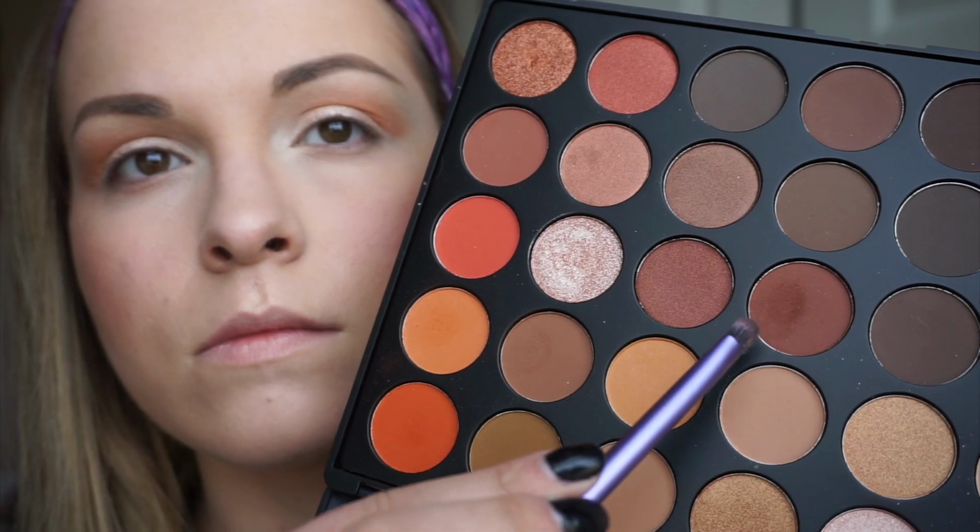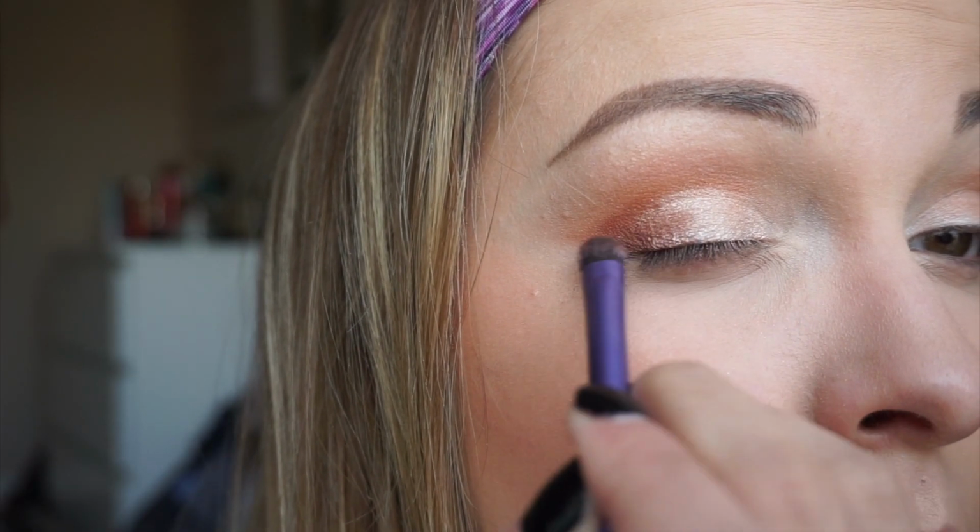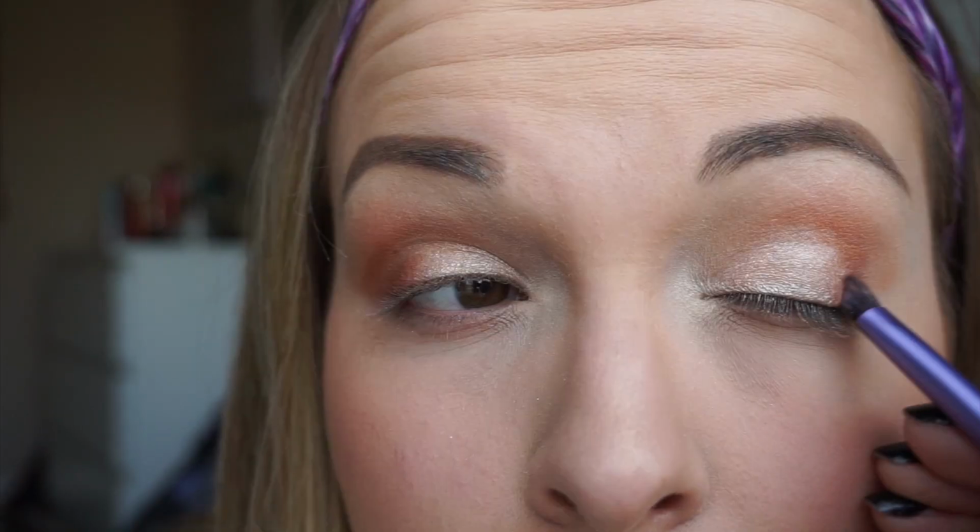All right, going in with this darker color in the Morphe palette and just sticking to the outer V of my eye. This is where the crease and my lid meet in the corner. You guys know what's going on. So I built that up. I went a little bit lighter starting out, but I kept building it up and building it up because I wanted to get to the right color. Building it up